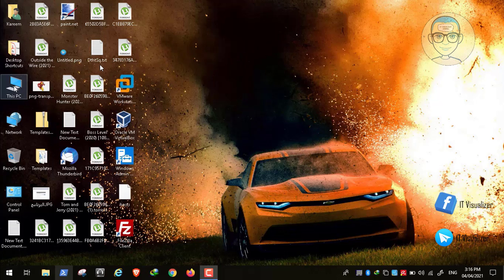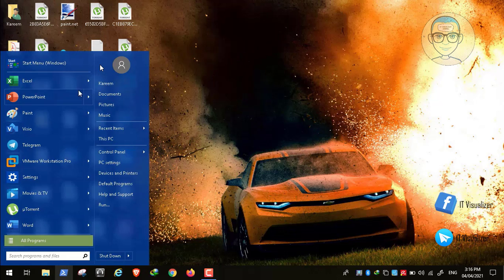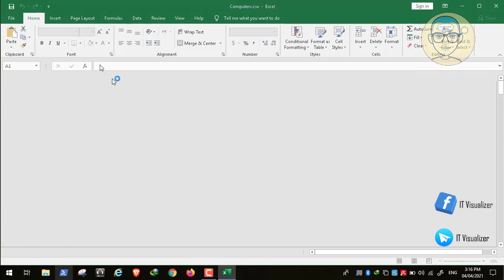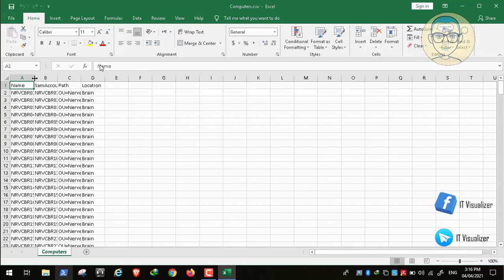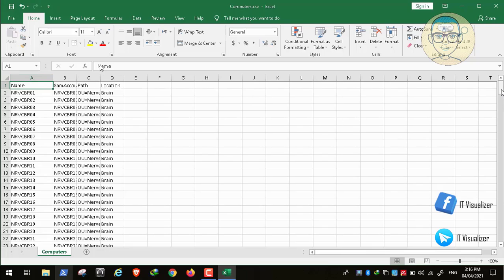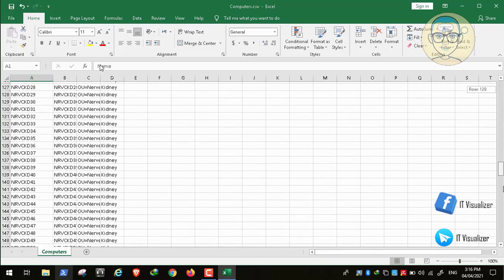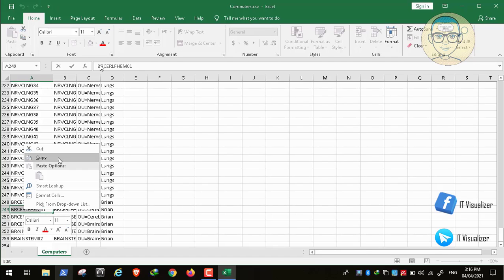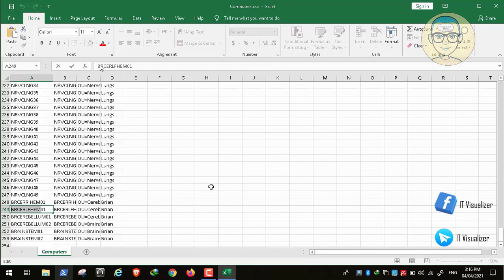So here we will begin. Here I open my Excel sheet. This Excel sheet contains all of the computers in the domain and servers. So from it I will get the name of my additional domain controller. So my additional domain controller name will be BRCERLFHEM. Okay, so this is the second or additional domain controller. We will take the name from here,